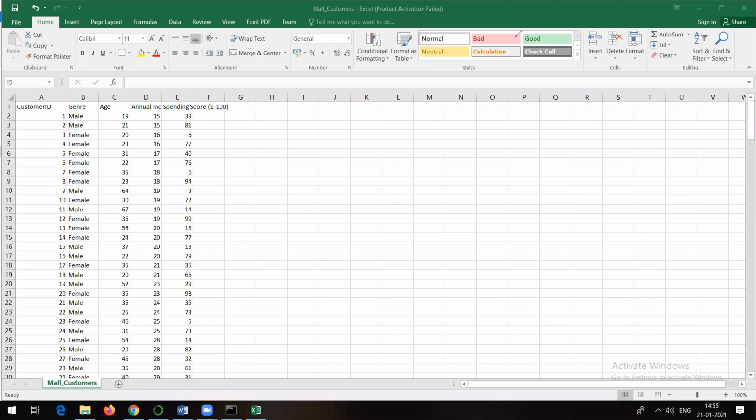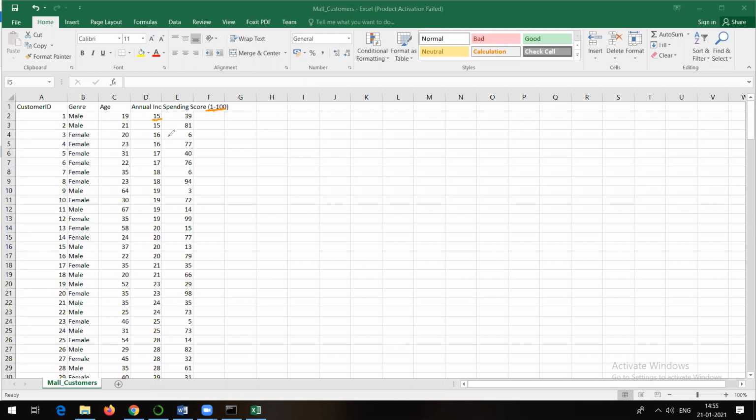People will go for shopping, maybe buying things which are cheap, or maybe things which are very costly. So try to understand this. The spending score is on a scale of 1 to 100, and it depends on annual income.